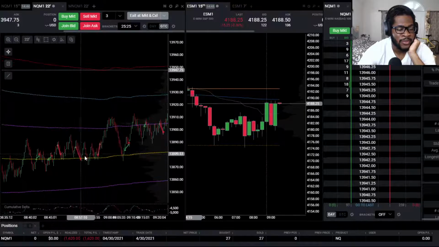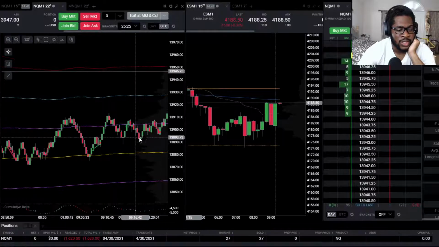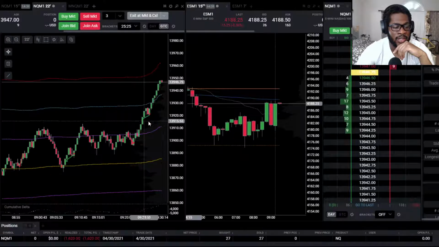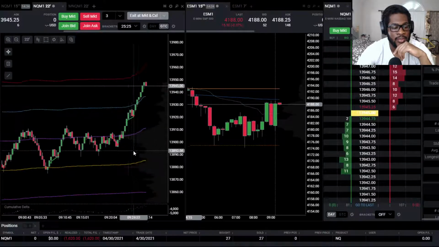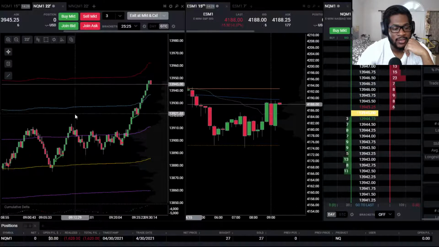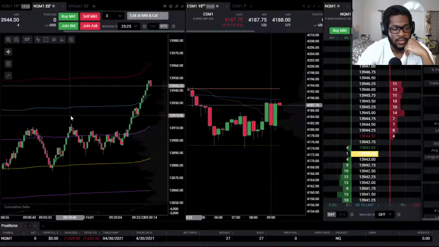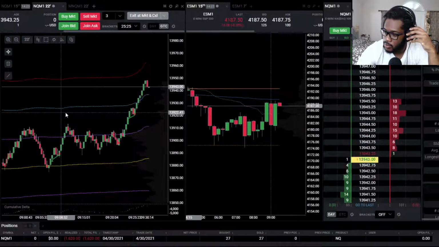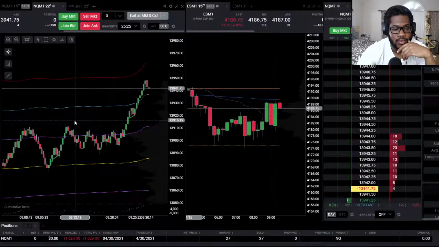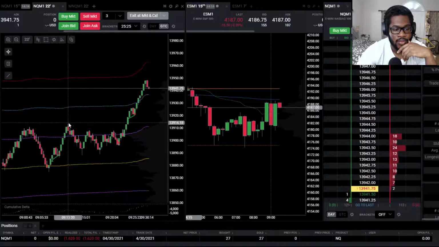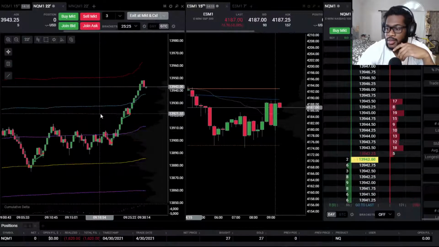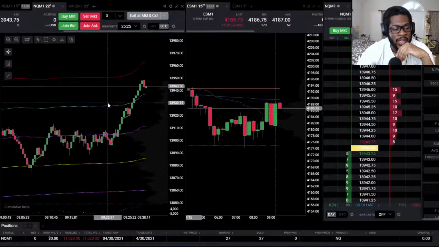Because after seeing the momentum from the morning, along with the way the chart was looking, it just made sense that once it got above this area that it would continue, or that you would get some sort of push. So now the question is, will it get to 14,000? And if it does go to 14,000, how much of that 14,000 can I manage to take part in?